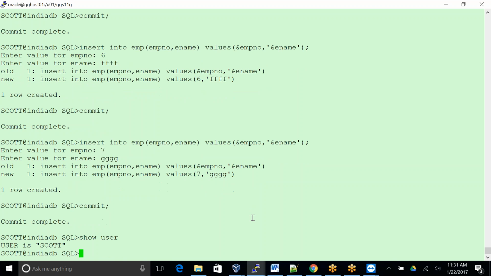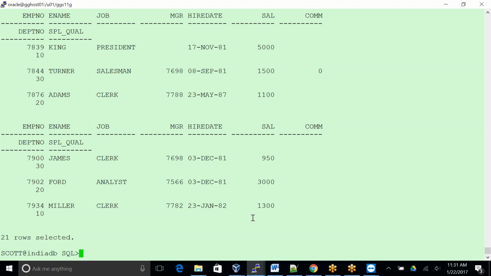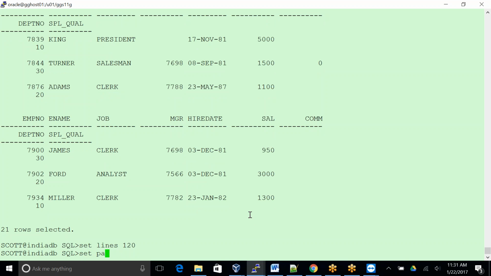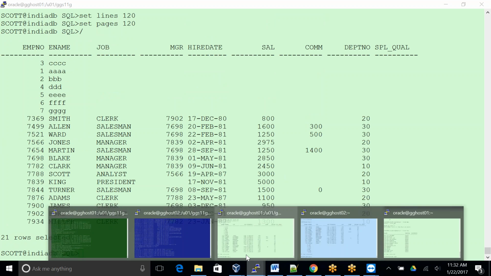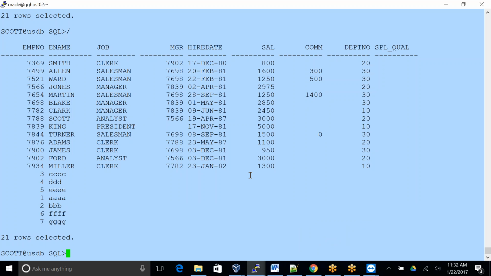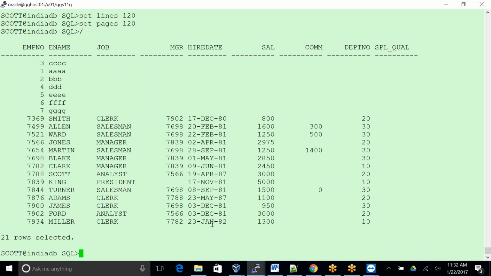Show user. Scott. Select star from EMP. So 21 records exist. Set lines 120. Set pages 120. The same thing here also I'm checking. So 21 records exist. What I'm going to do is,